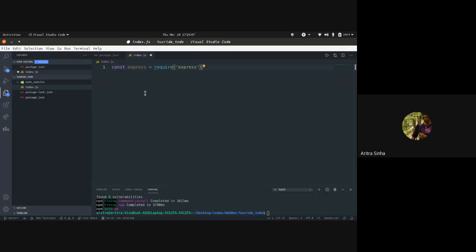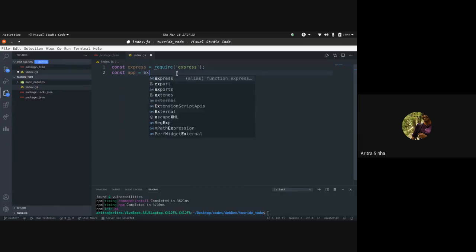When you import any library or any file, you use the require function to call it. Inside it, you put the name of the library or the name of any file that you want to import, and it will do the same for everything.